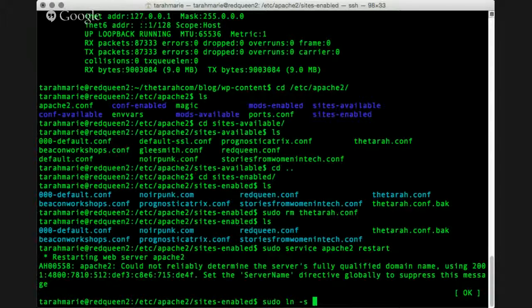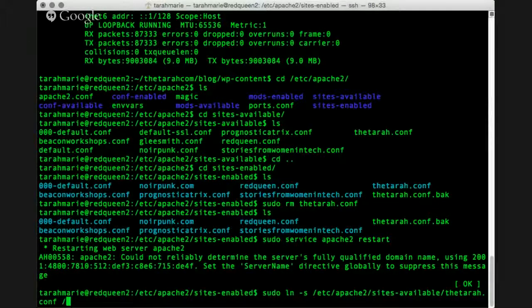Okay, now I'm going to, like I said before, you can create shortcuts, but it's best to explicitly specify when you do links like this because you can always make some mistakes. So watch, I'm going to tab complete things, Apache to sites-available, thetarah.conf, and I'm going to, again, now I said this is where the file is, and I want you to make the link right here. Let's see, Apache2, sites-enabled, and here I'm going to